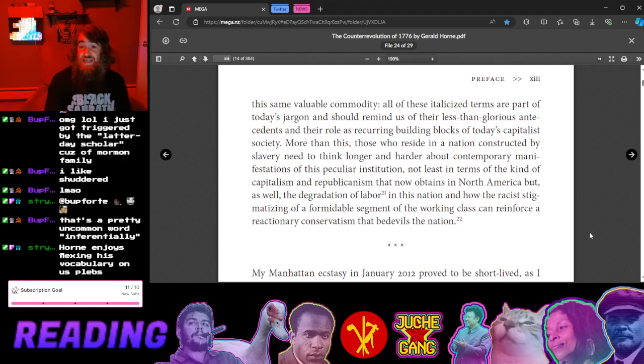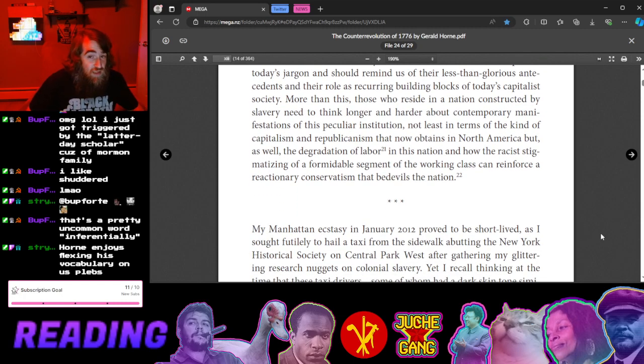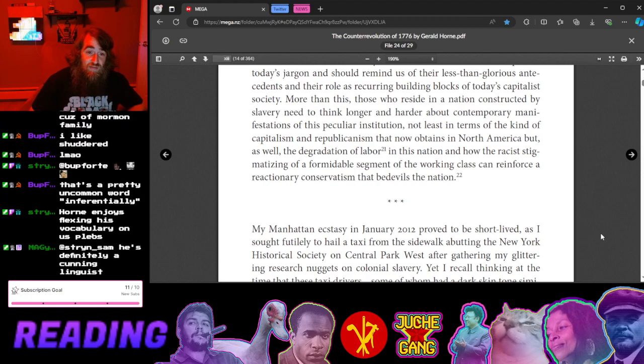All of these italicized terms are part of today's jargon and should remind us of their less than glorious antecedents and their role as recurring building blocks of today's capitalist society. More than this, those who reside in a nation constructed by slavery need to think longer and harder about contemporary manifestations of this peculiar institution,